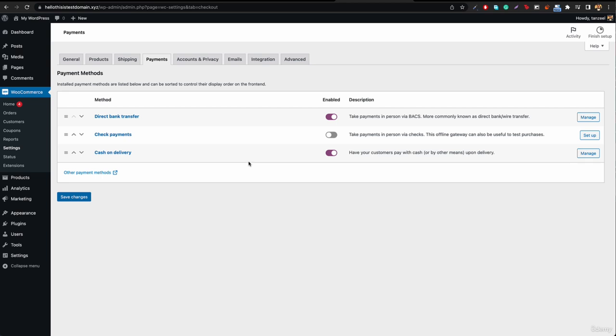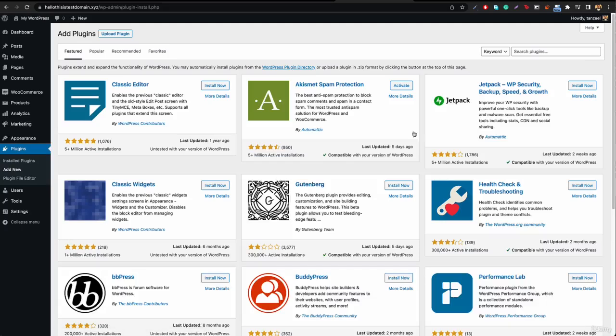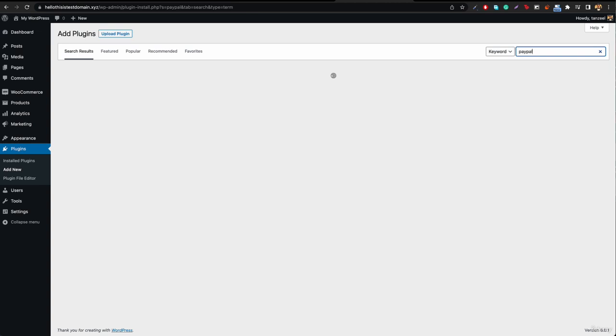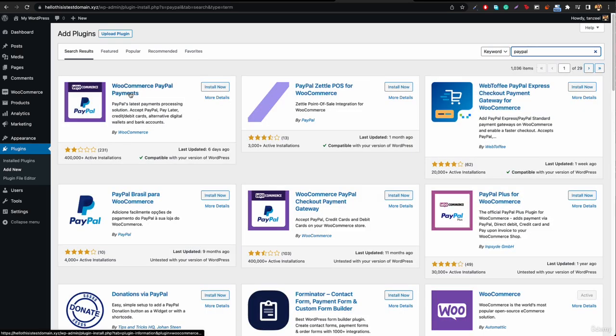Now PayPal was basically added by WooCommerce before, but in the recent version of WooCommerce, they have removed PayPal, and what you can do is use a PayPal plugin to add PayPal acceptance onto your website. So you can go into the plugins, and now you have to click on add new. Once you are in here, search for PayPal, and hit enter. Now you can see that we've got this WooCommerce PayPal,